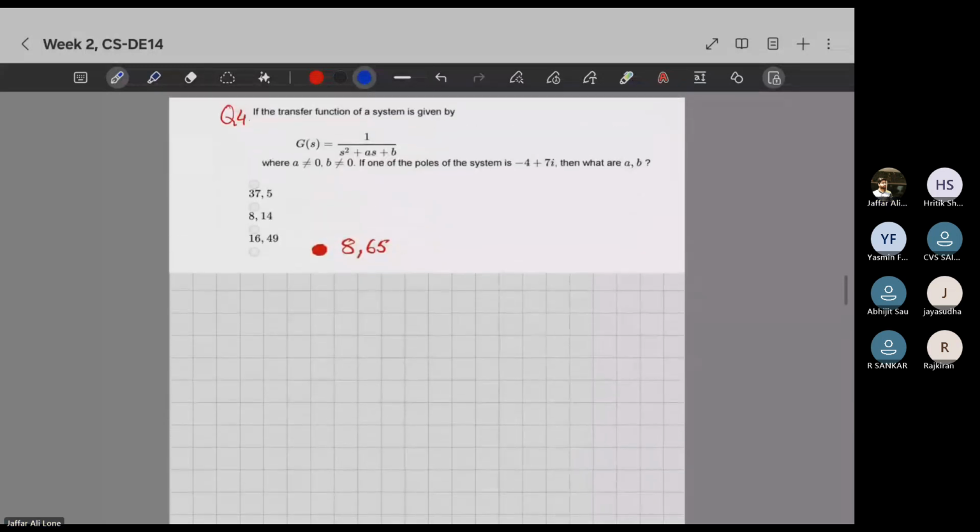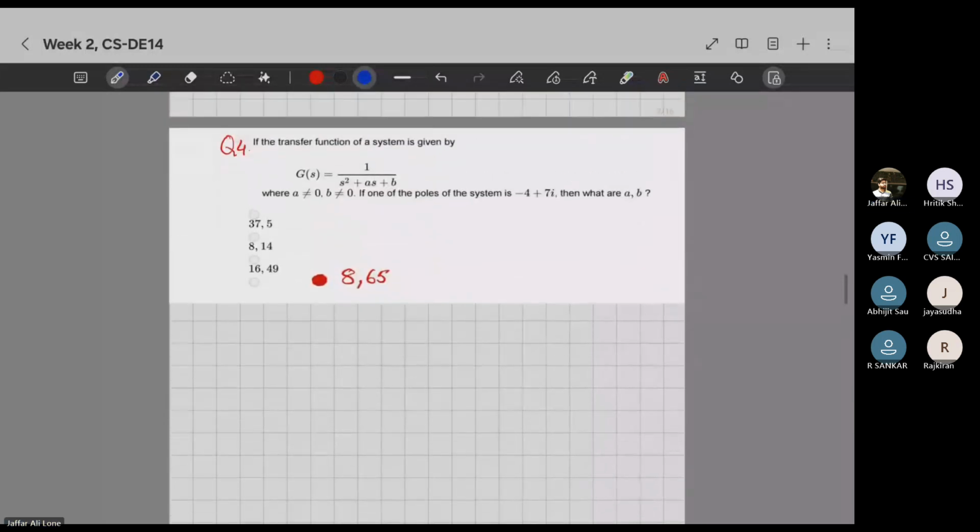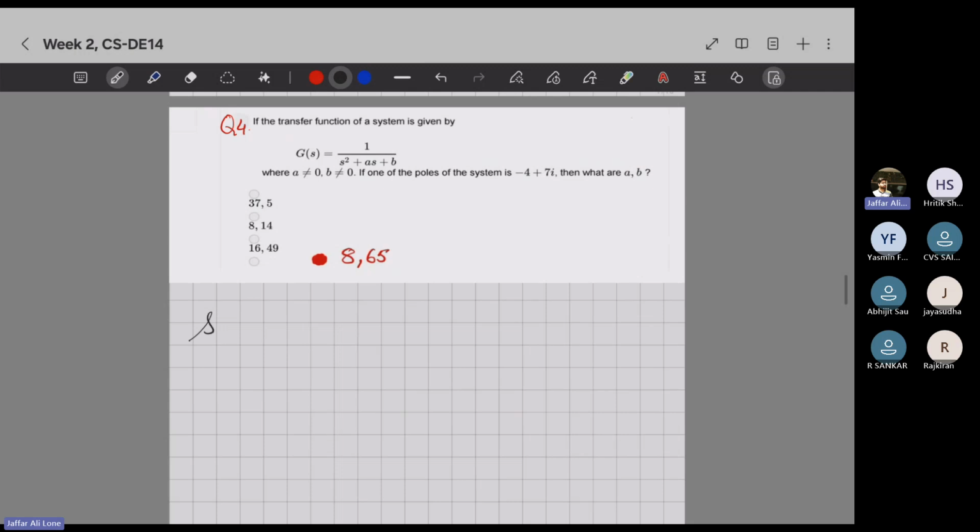Now we have this question. Can anybody solve it? It's very conceptual, but very easy at the same time. If the transfer function of a system is given by G(s) equal to 1 divided by s square plus as plus b, where a and b are not equal to 0, and one of the poles of the system is